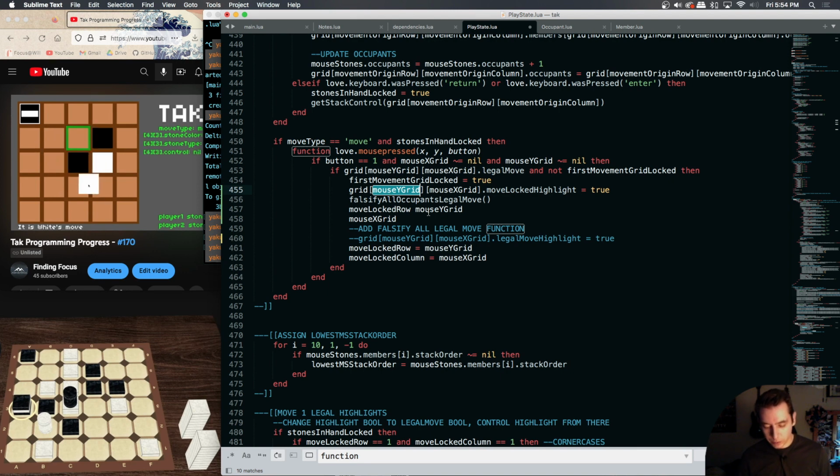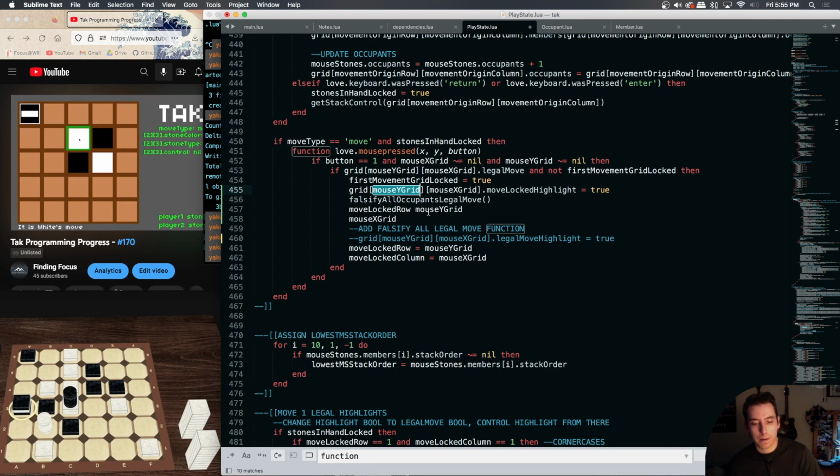So if Y is bigger, then our mouse Y, no. Yeah, we need to compare our mouse Y to our movement origin grid. So, I want to do a for loop, not a for loop, an if statement with 4